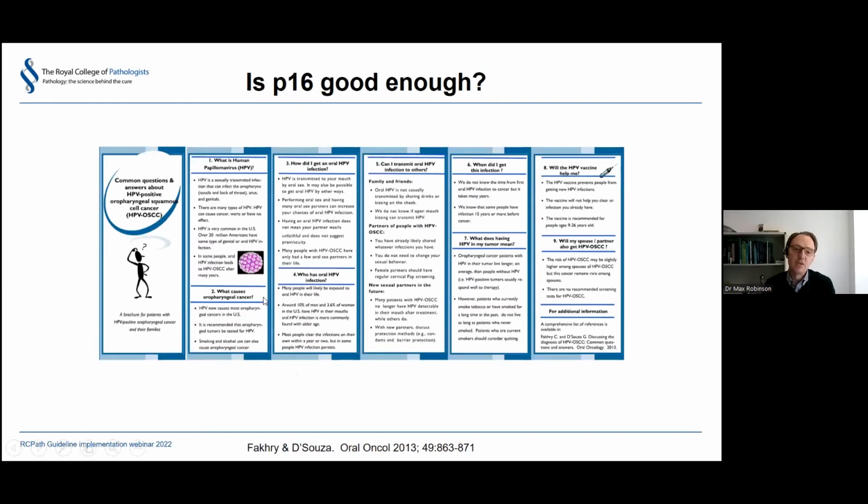I also think it's useful to have an HPV-specific test to inform the discussion with patients and their partners. When we talk about HPV-associated oropharyngeal squamous cell carcinoma, we're talking about an infection, a viral infection that many of the patients may have heard of in the past. And it's not a discussion around P16 positivity and the significance of that and the likelihood that it is driven by HPV. So I think that's a really important point for the clinicians in their discussions.